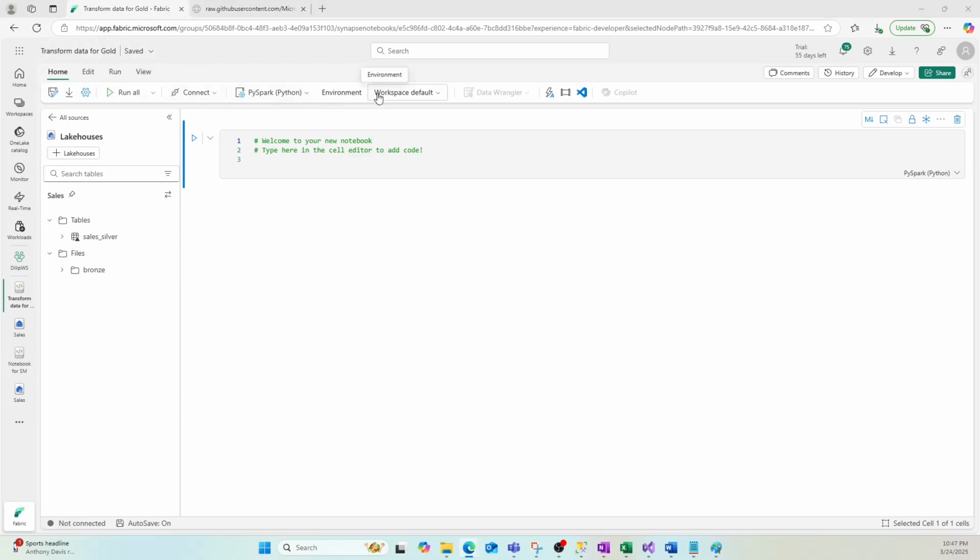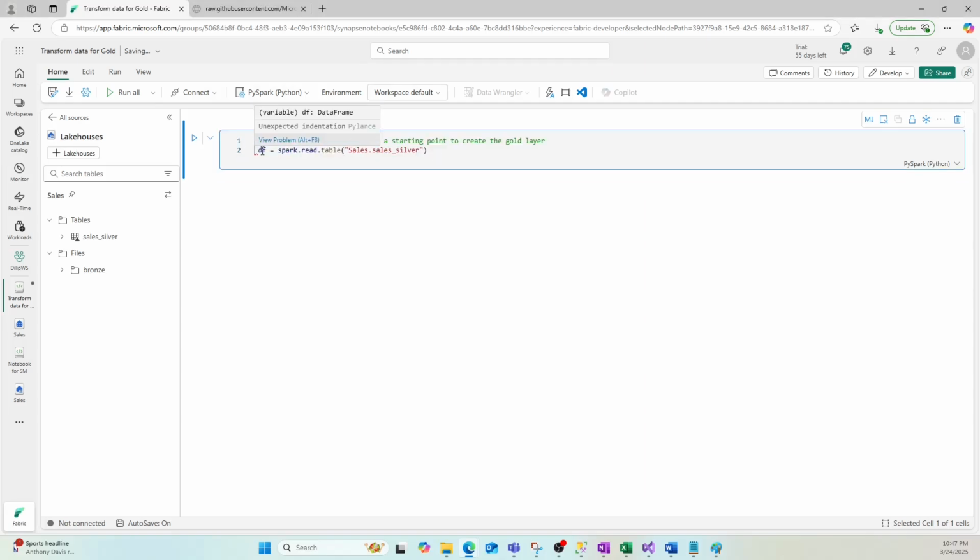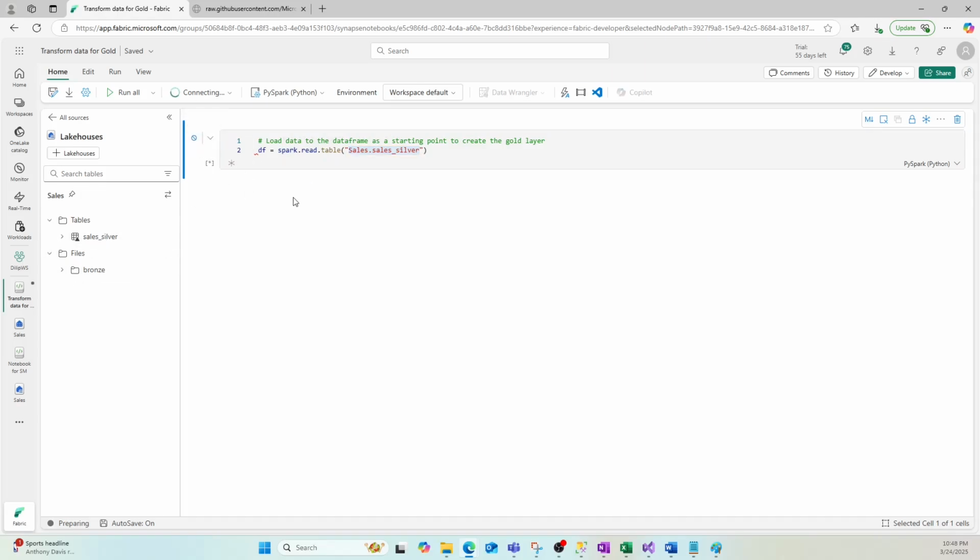I can create the data frame here to read the file from this table. So this is our fact table, sales_sales, this one, right? This is the table, and we are reading this table. So to read this table, I'll perform this data frame, and I'm gonna bring the new